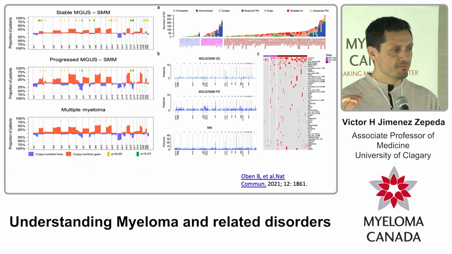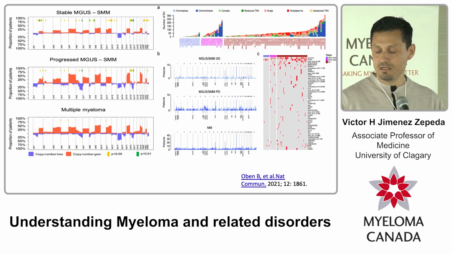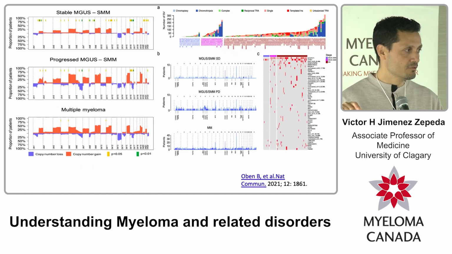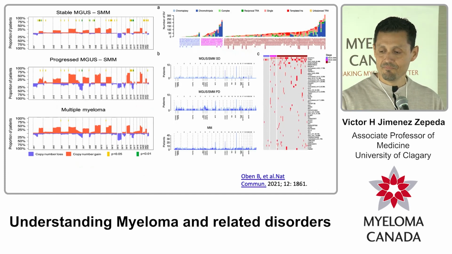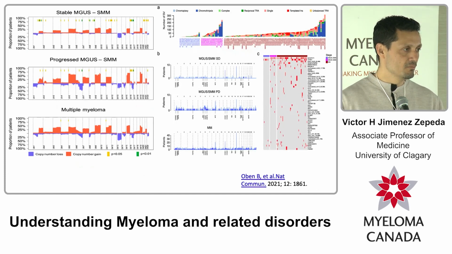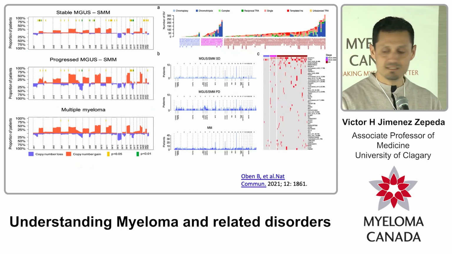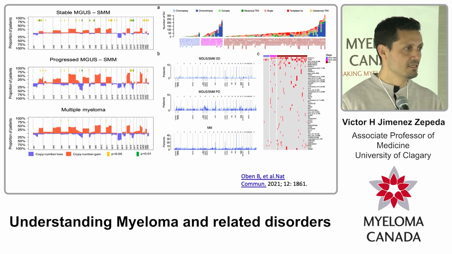The genetic changes mean either gains of some parts of the chromosomes or genes, or losses of some parts of those chromosomes or some of the genes that we have. So the more red or the more blue signifies more gains or more losses. You can see the myeloma at the bottom has a lot of reds and blues. But in people that are really stable, you can see the same, so even in early phases, you can see the genetic changes, but they are not as pronounced as they are